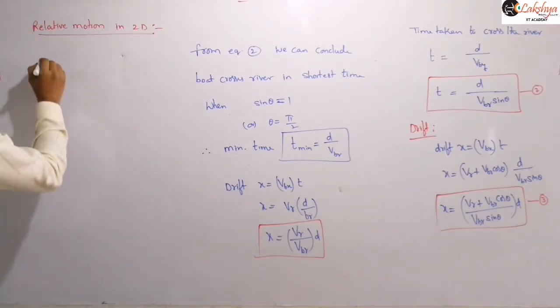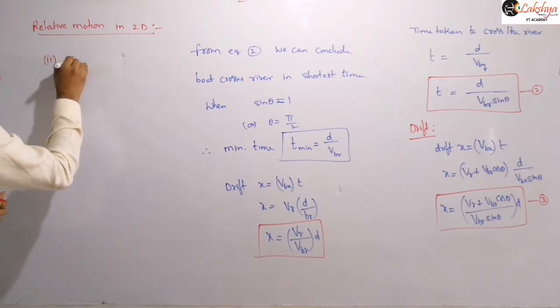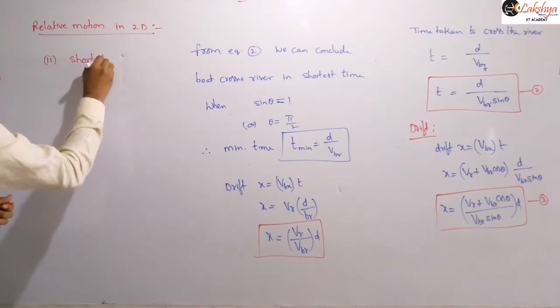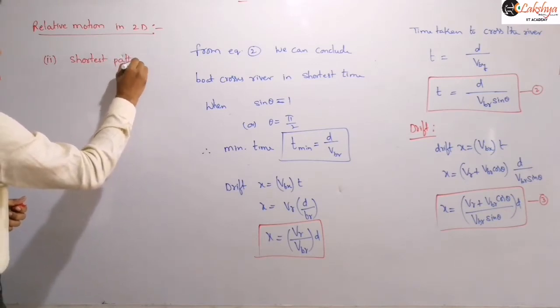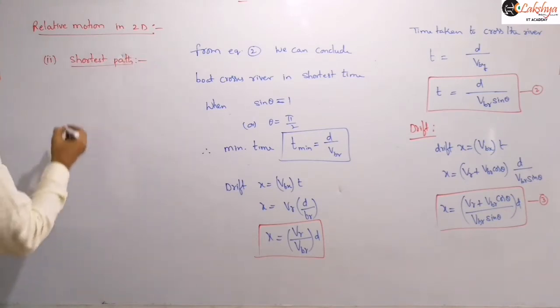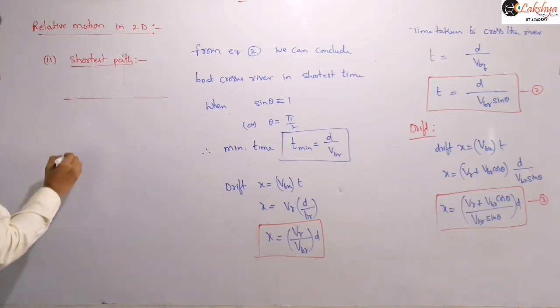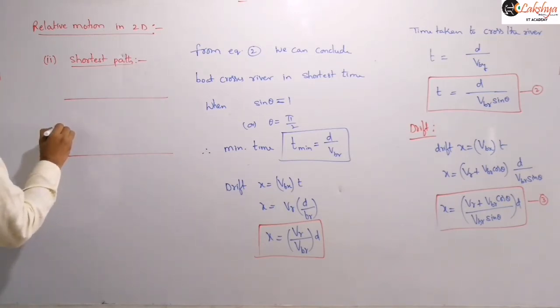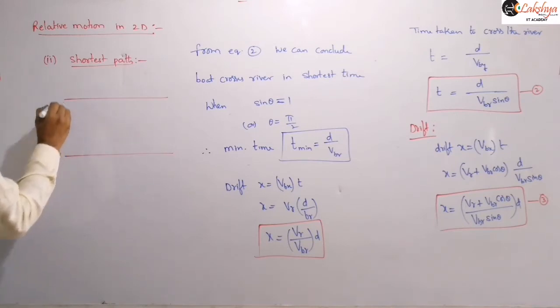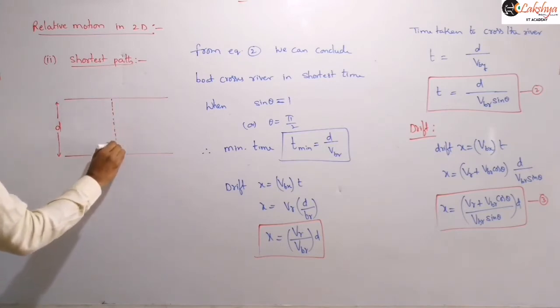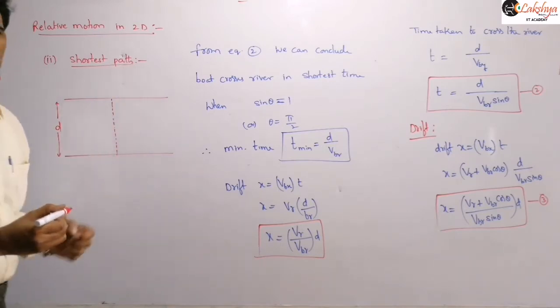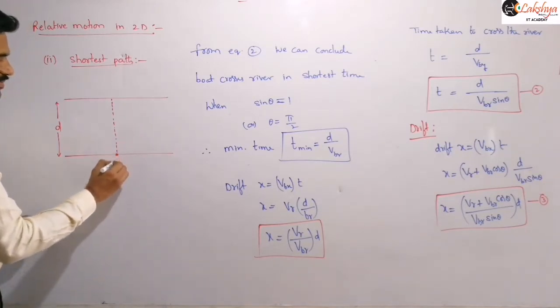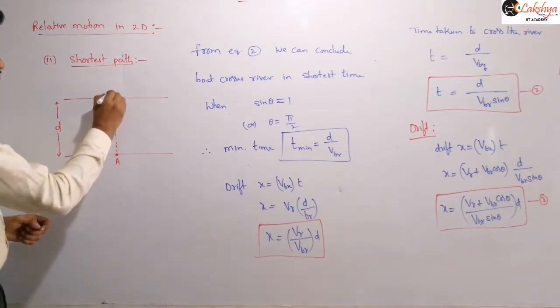This is the shortest time. So now I am taking the second case, the shortest path. Shortest path is nothing but you can consider this, so let us take d as the width of this river. Our aim is to cross the river in the shortest possible path. That means, suppose you are starting from A, you should reach the